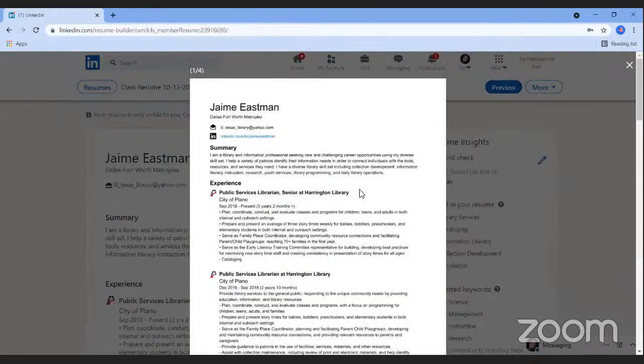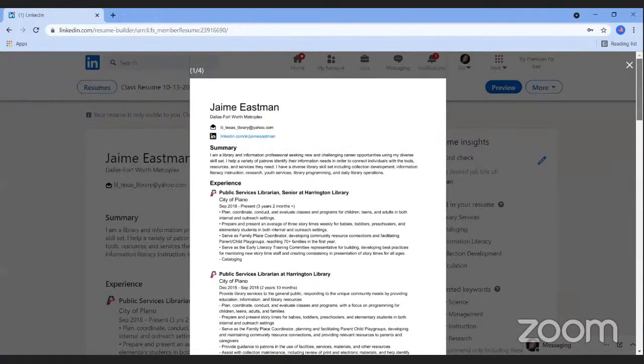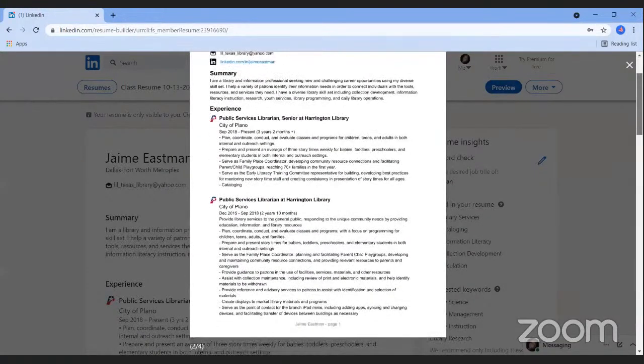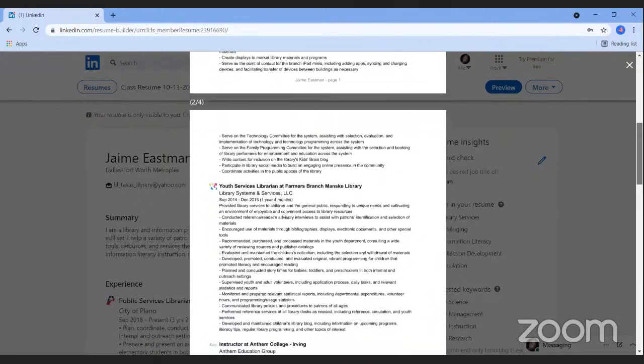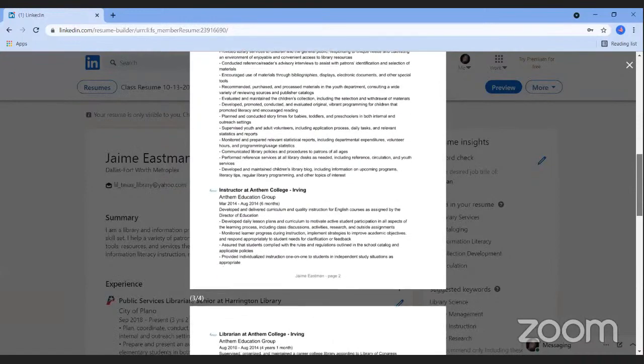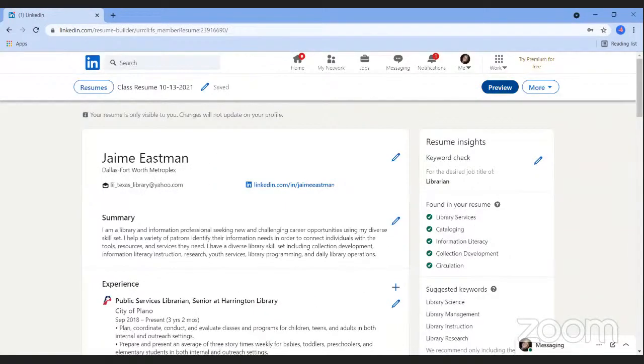And you'll see that it opens up that little preview. I can see my resume is currently 4 pages. So I might decide, you know what? I want to go ahead and make that a little bit shorter. Or I might notice, oh, this description is cutting off onto 2 pages. I'm going to shorten it up. Once I click off, I can get back into that editing window and make any additional changes that I need to.